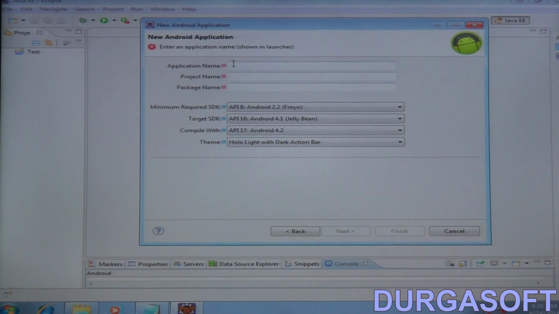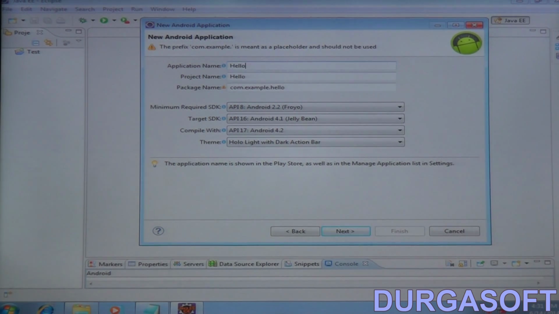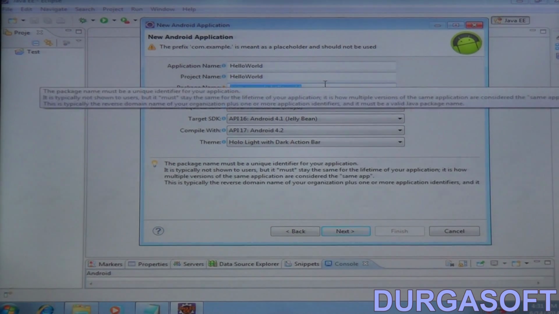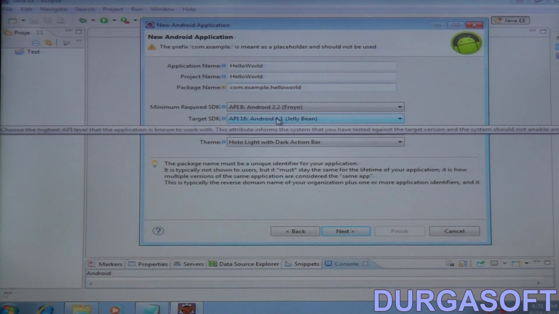Next, the first parameter, you need to specify the application name. Application and project name are both the same. Let us take my project name as Hello World. Hello World is the project name. So for every project you need to specify the package name. By default the IDE will generate a package. So for this project the package name is